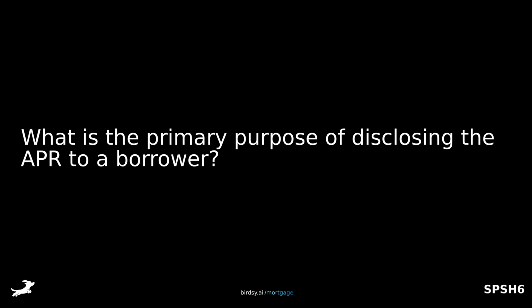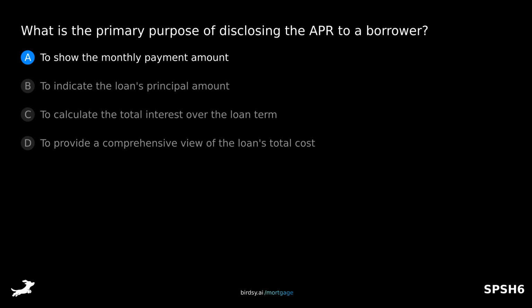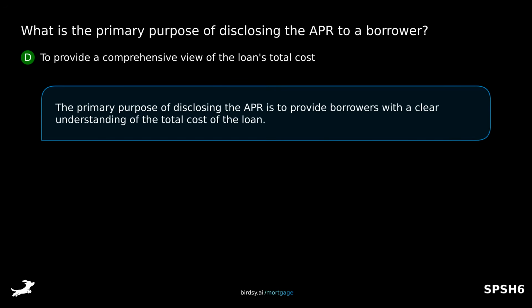What is the primary purpose of disclosing the APR to a borrower? Is it A, to show the monthly payment amount? B, to indicate the loan's principal amount? C, to calculate the total interest over the loan term? Or D, to provide a comprehensive view of the loan's total cost? The answer is D, to provide a comprehensive view of the loan's total cost. The primary purpose of disclosing the APR is to provide borrowers with a clear understanding of the total cost of